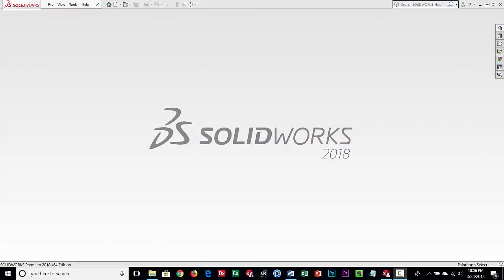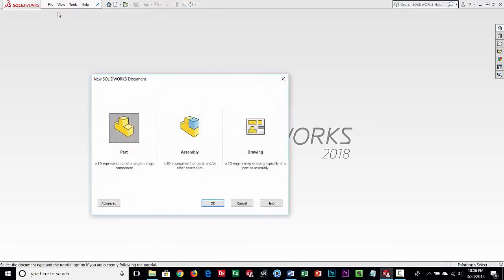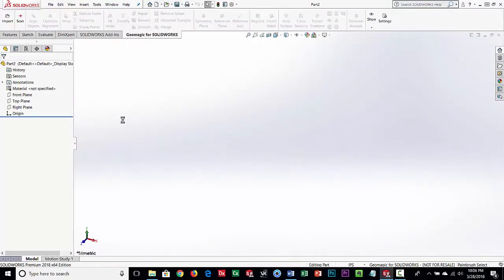So what we're going to do today is we're going to demo the Geomagic for SolidWorks product. As you can see, we're using SolidWorks 2018, and we're going to walk you through the whole process. Let's get started. Let's set up a new, and we'll just do a part in this case. And, you know, it is SolidWorks. Everything looks the same. You've got all the same